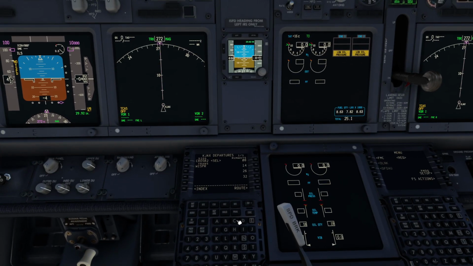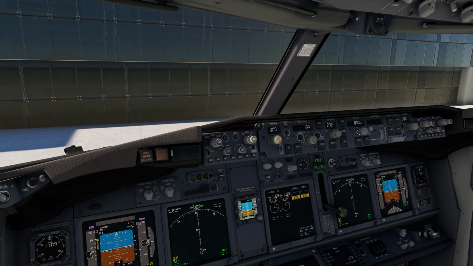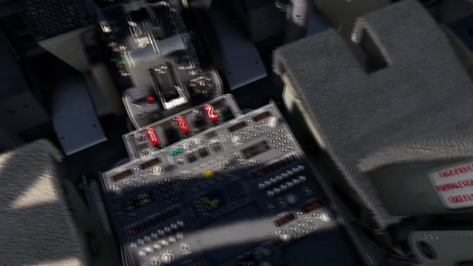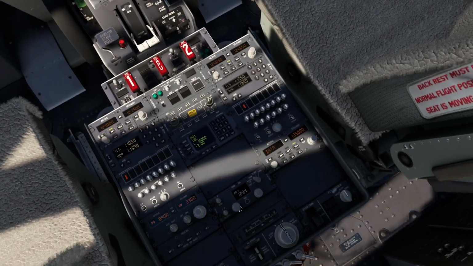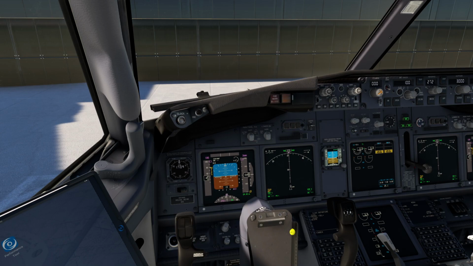Okay, that is it, and that is how we essentially obtain a clearance. It's now just a case of taking all this information and plugging it into the aircraft, such as our initial climb altitude, which is 3,000 feet, and squawk 7755, for example. And it's just a case of now pushing back. So we're going to end this episode right here, and we're going to pick it up in the next episode with the pushback, departure, and also climb and cruise.